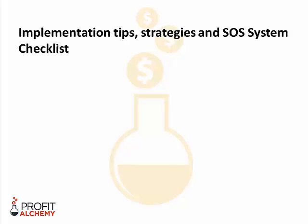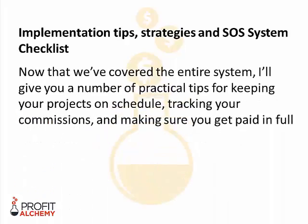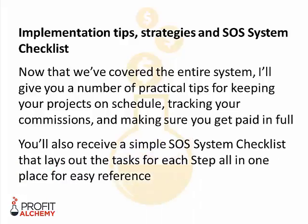Next, you're going to get implementation tips, strategies, and the SOS system checklist. Now that we've covered the entire system, I'll give you a number of practical tips for keeping your projects on schedule, tracking your commissions, and probably most importantly, making sure that you get paid in full and paid on time. You'll also receive a simple SOS system checklist that lays out the tasks for each step all in one place